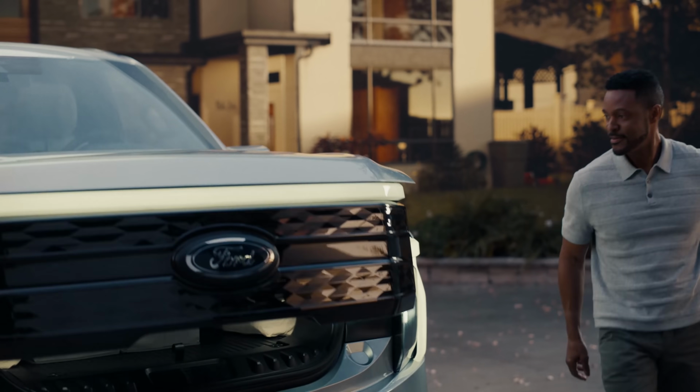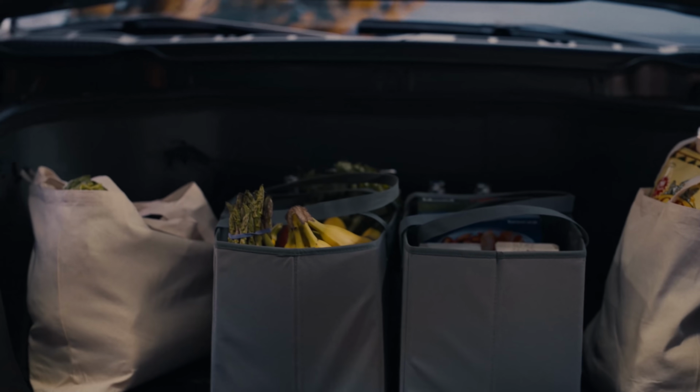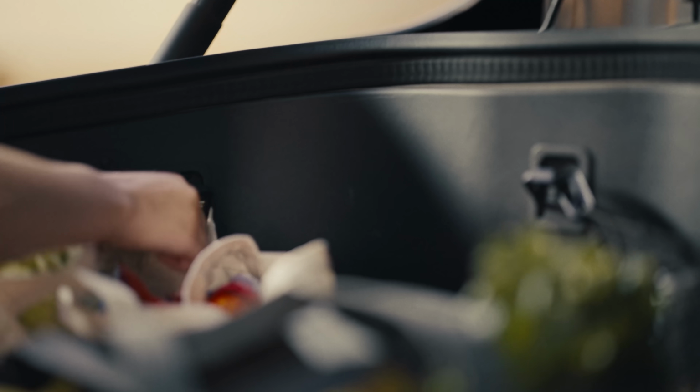Now, I want to talk about what Ford is really pumped up about, and I cannot believe I'm about to say this because I always said I'm never going to say the word frunk, but Ford has got what they're calling their Mega Power Frunk, meaning that it's a mega-sized...